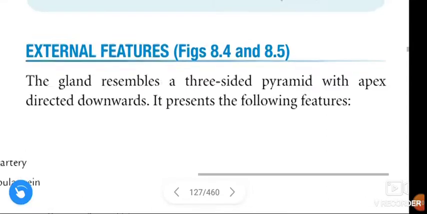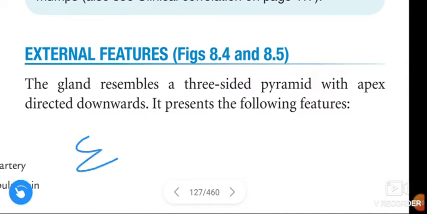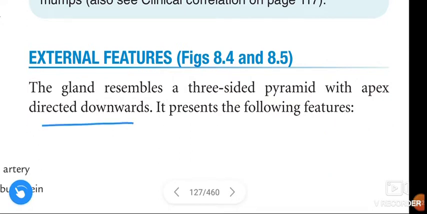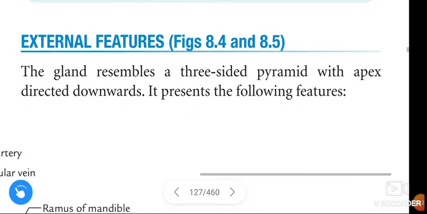In this video we are going to learn about the external features and relations of the parotid gland. This is the second part of the parotid gland: external features of the parotid gland. The parotid gland resembles a three-sided pyramid with its apex directed downward. It presents the following features: